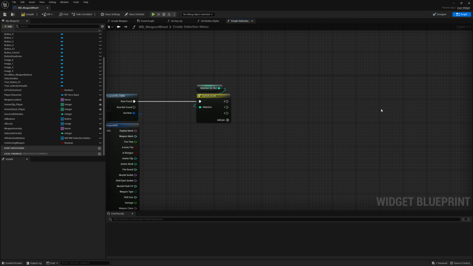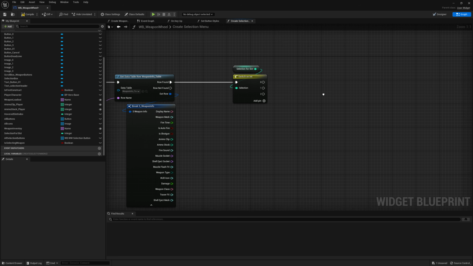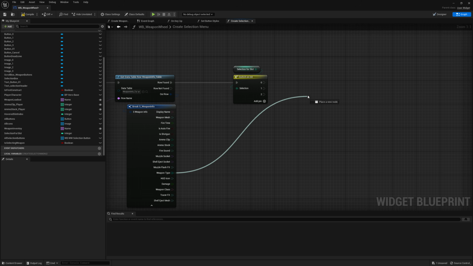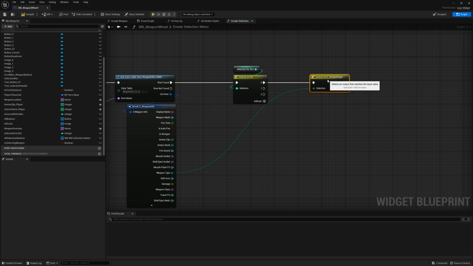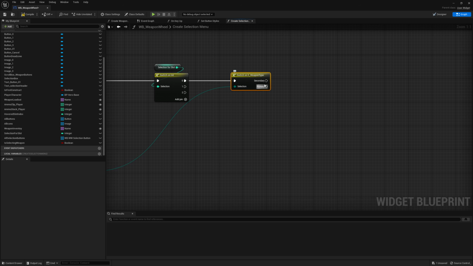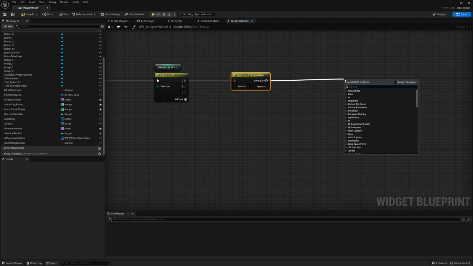And then from here we can make sure that we can only select the proper weapon for each slot. So slot 0 is going to be for secondary weapons and slot 1 and 2 is going to be for primary weapons. So we can drag off the weapon type from the data table, drag it off here and switch on the weapon type again. So plug this into the 0 pin. And in this case, we only want to continue if this is a secondary weapon. So we're going to drag off the secondary pin and then